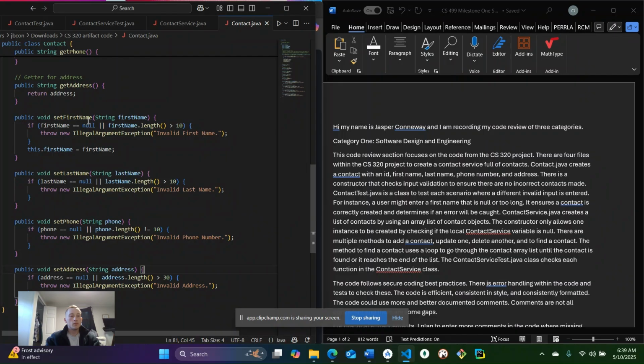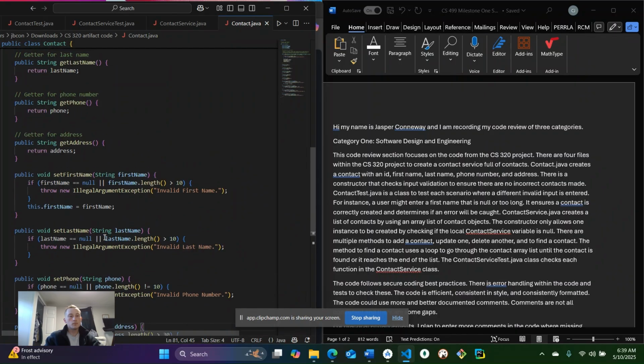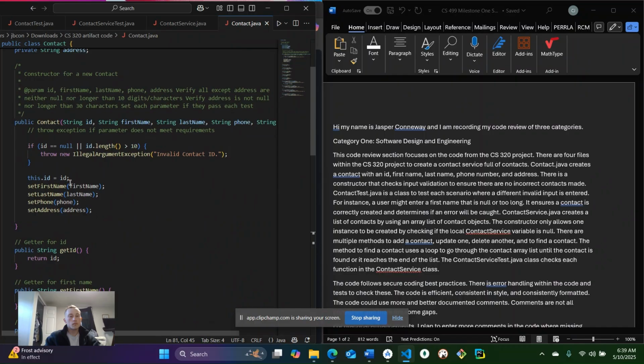So you can see for the first name, last name, phone, address, and the ID, we cannot be null. And then for the first name and the last name, we cannot be longer than 10. The phone has to be 10 digits, and the address cannot be longer than 30. And the ID cannot be null, and it cannot be longer than 10. So we do have input validation,